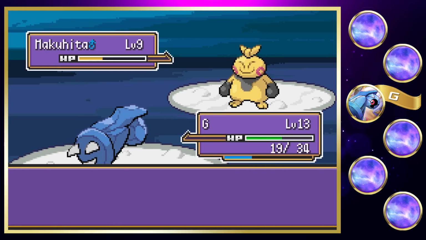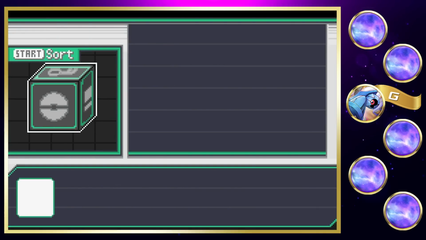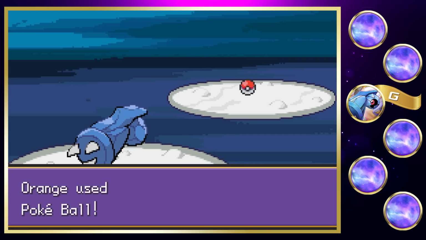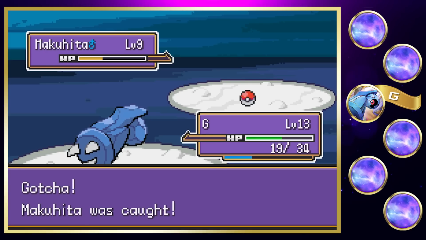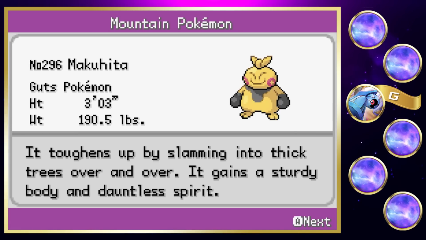Oh my god, don't... Okay, just 2 crits in a row. I really thought you were about to get 3. That would have been real spicy. But please, Makuhita, just stay in the ball, my dude. Like, I'm still so frustrated with that Delibird, but at least it's not going to be a curse that lasts for too long, because we have got the Makuhita, and it feels so rewarding to catch the mountain Pokemon, or